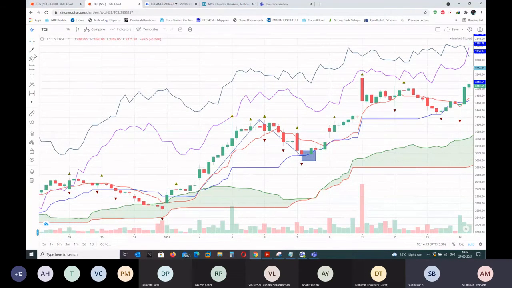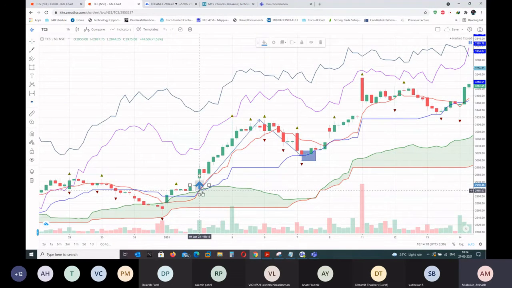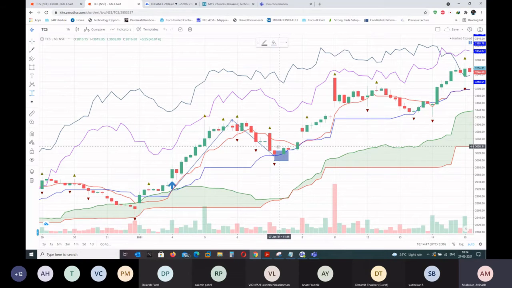One more thing I would like to add here is, to answer your question, this was the buy. I agree. So once you buy, where would you put a stop loss? You need to have a little big one. Yeah, this one will be very, very big. So this is 1.8%, right? Approx.